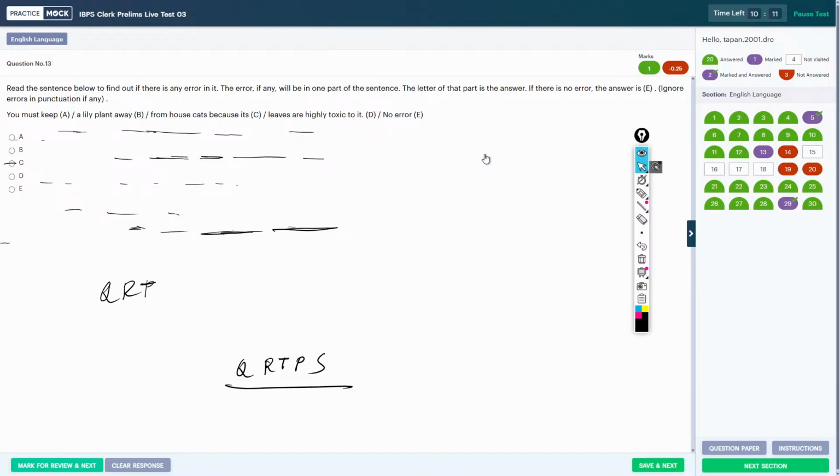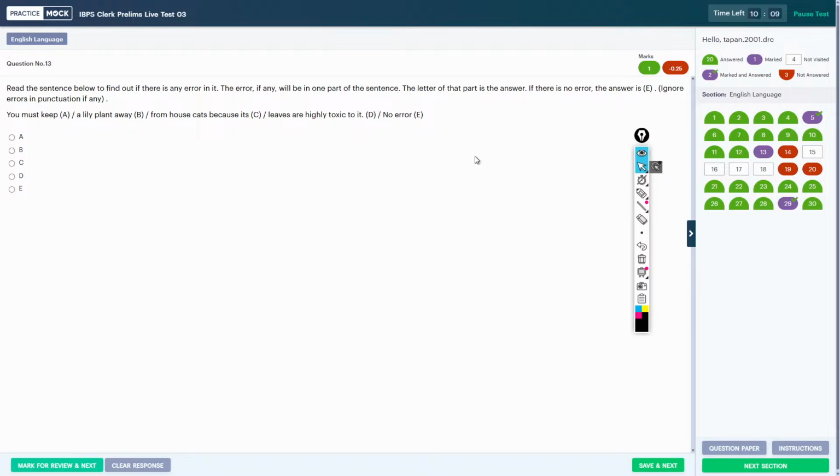You must keep a lily plant away from house cats. Okay, house cats is written here. Toxic to them. So in part D,